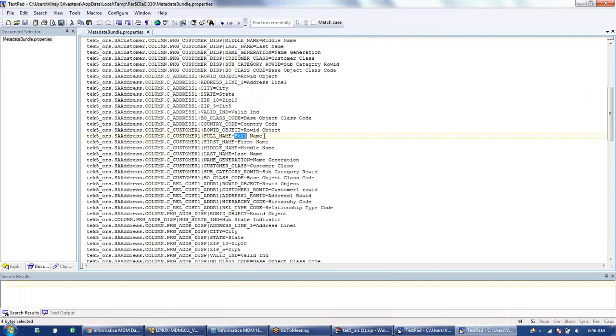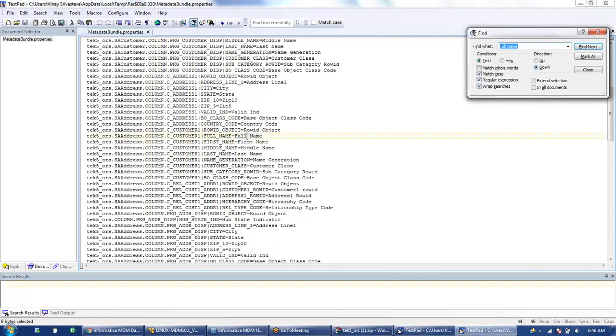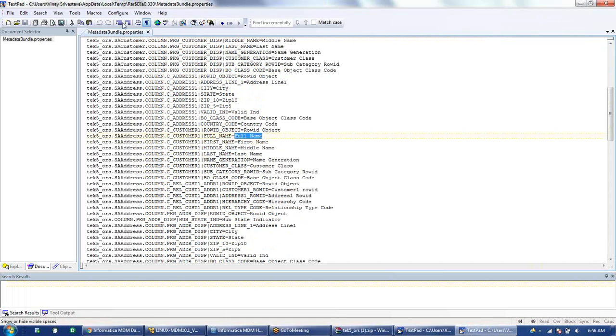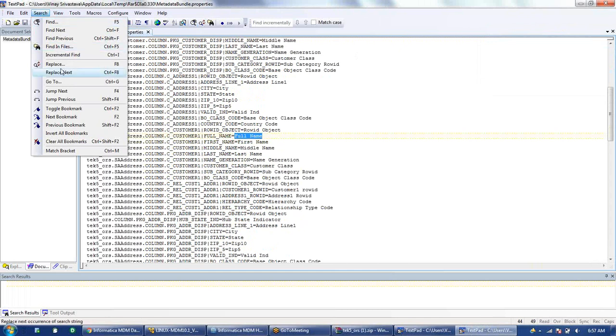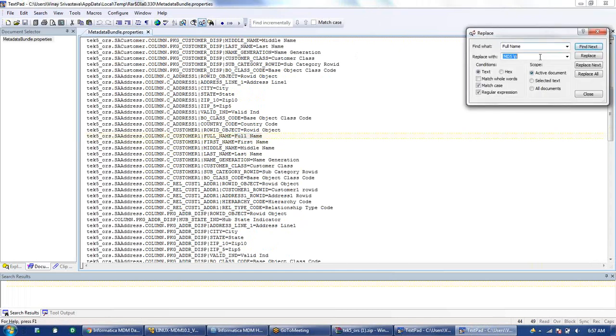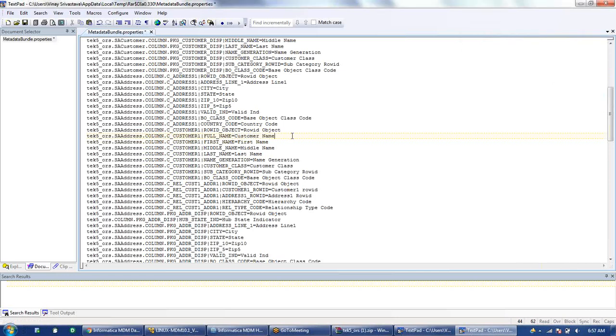So here we can set it, you select this full name, and instead of full name, we can put customer name. It was there at 4 places, all the 4 occurrences got replaced. So this file is used for that purpose, to change the display name token. So that's the metadata bundle.properties.